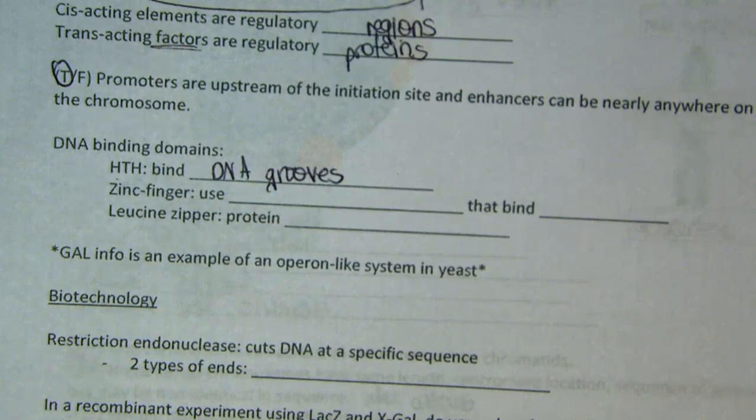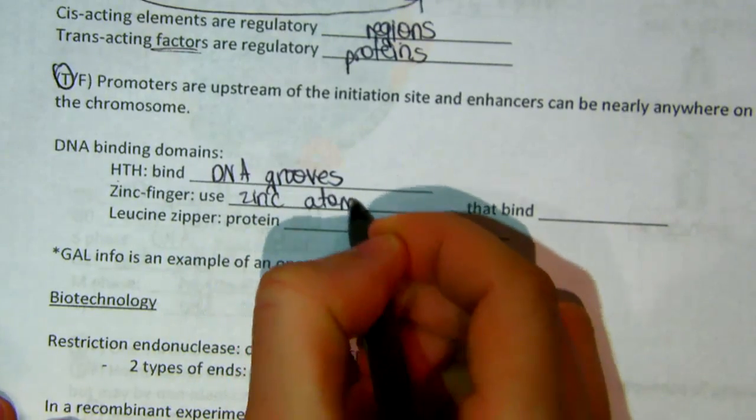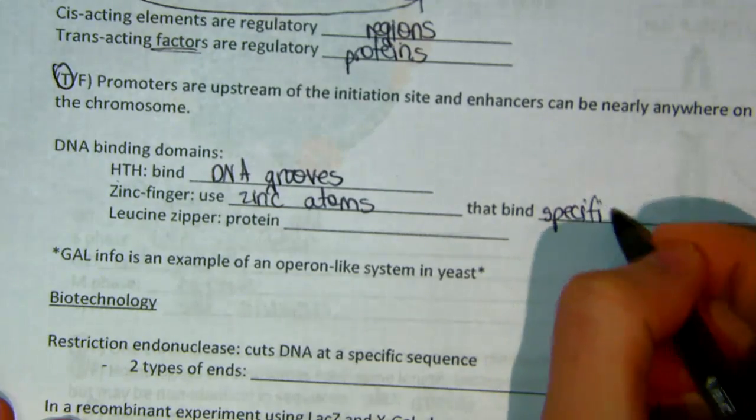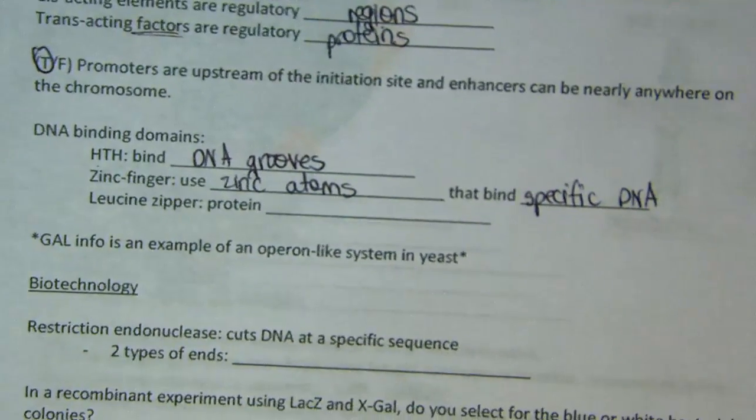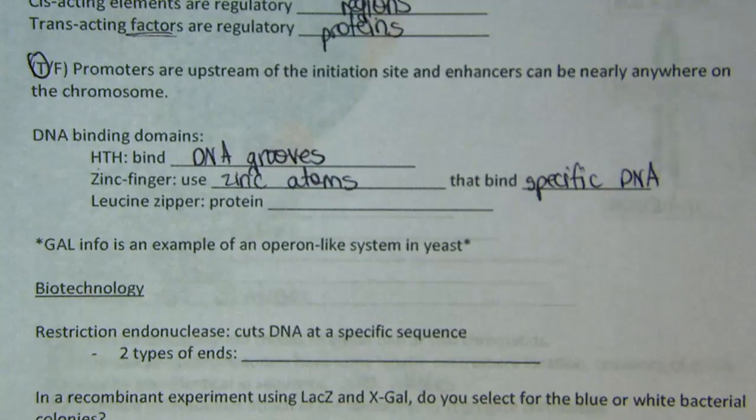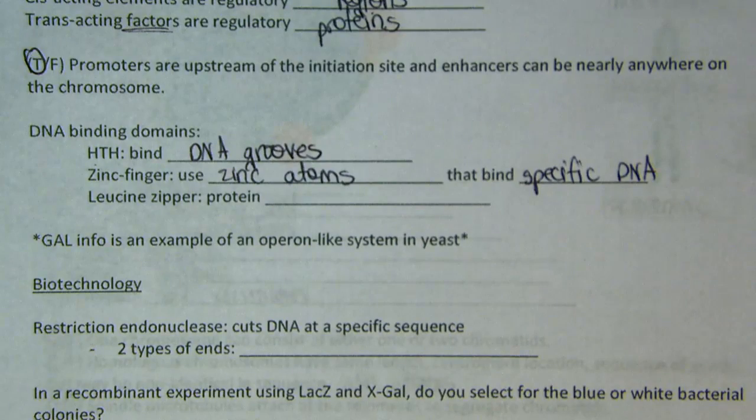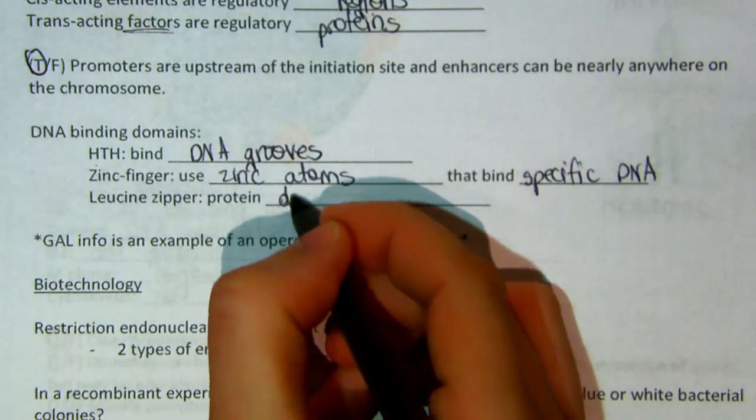The zinc finger domain is going to use zinc atoms, kind of obvious. And it's going to bind to specific regions of DNA. So it can't just bind at a turn or a groove or any kind of area at once. It's specifically looking for a region of the DNA with the utilization of zinc atoms. And the leucine zipper is another one. And there's a protein that is going to